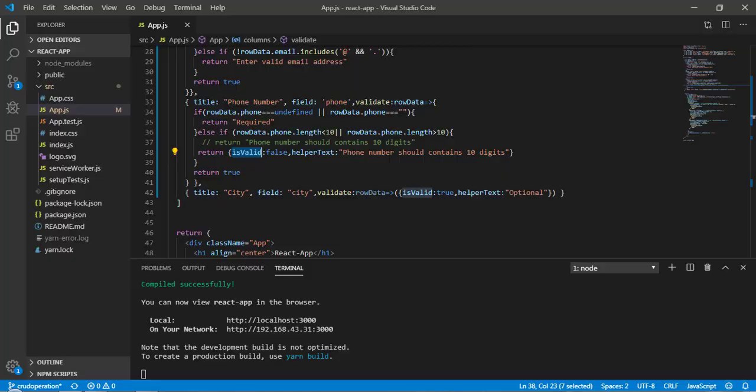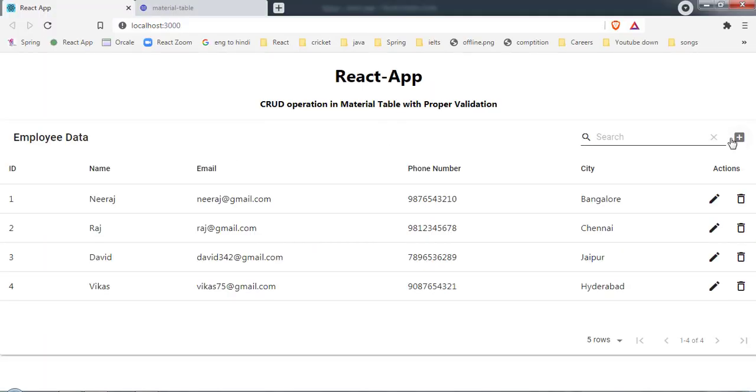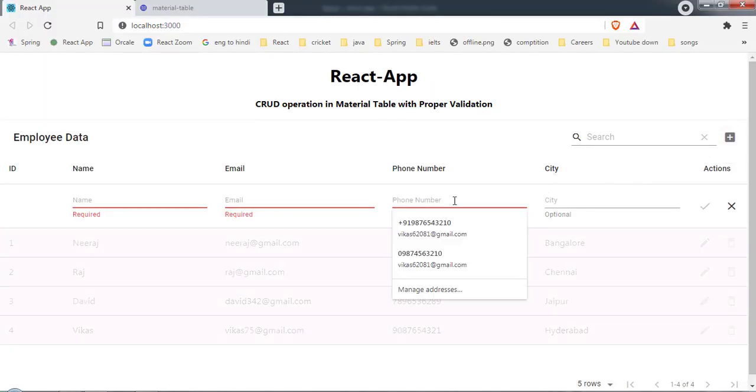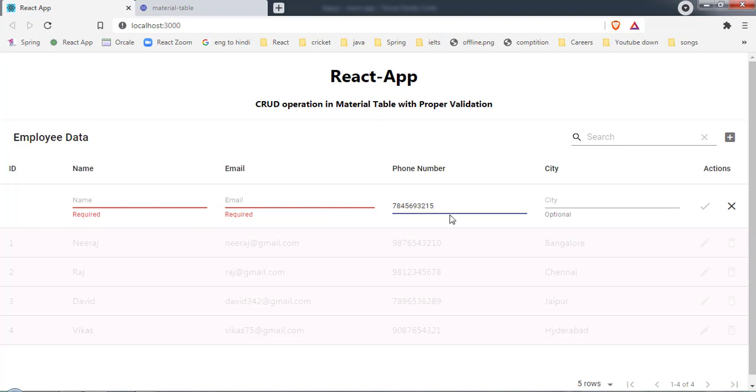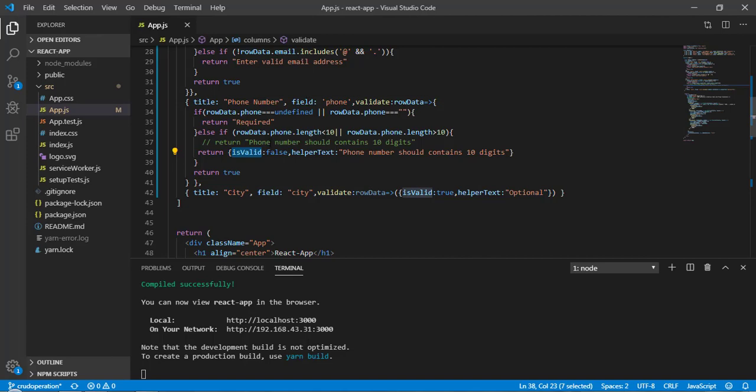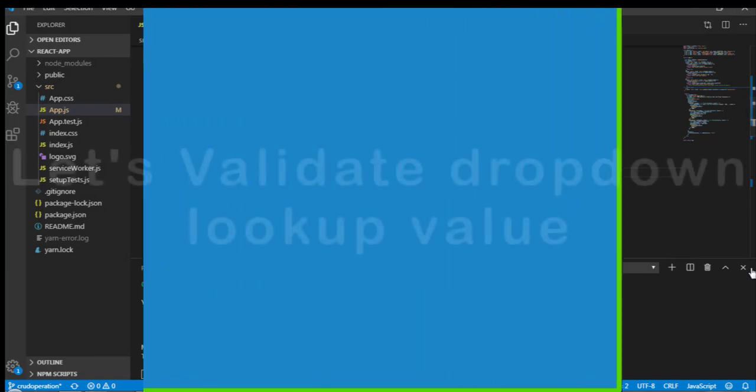So now let me show you for the phone number here. So here this is the required. I started typing and you can see we are getting this. Now let me type, and here it's getting validated the same way. So here as you can see we are returning an object, but it makes things complicated. So instead of doing this, here we can go with return message only. Once we don't have this error, we have to return true only.